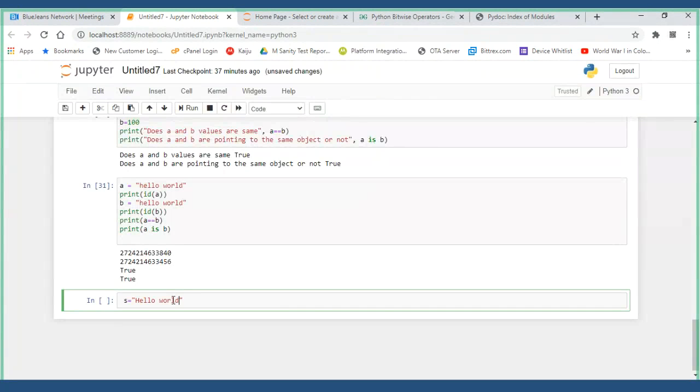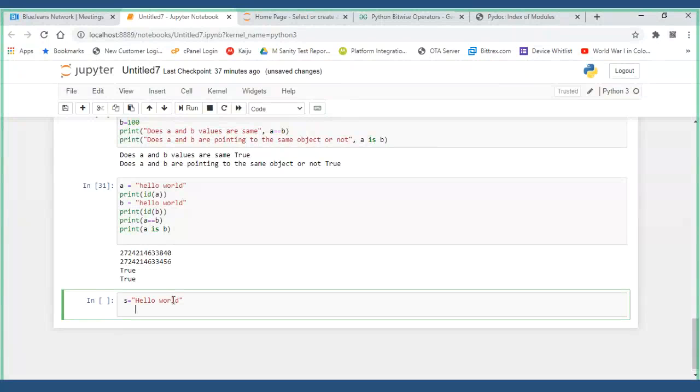Membership operator is whether something you are checking is a member of that particular object or not. That is what you are trying. Now we are checking the membership operators. What are membership operators? in and not in are called membership operators.